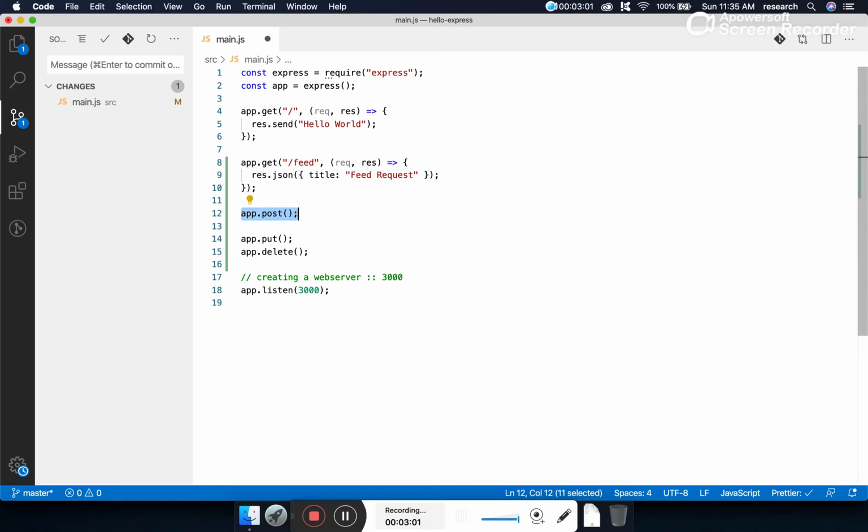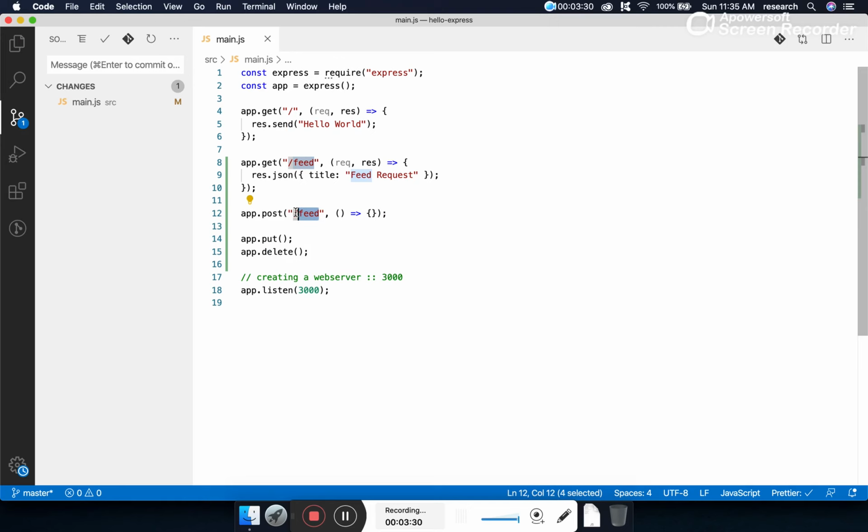The signature for the post request is also the same. It takes two parameters. The first parameter is the path parameter, and the second parameter is the callback function, which will be called when the user is calling this API. Here, let's suppose we are creating a URL called feed. We are creating a path parameter called feed.